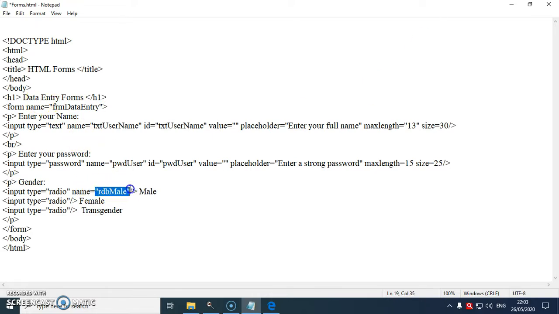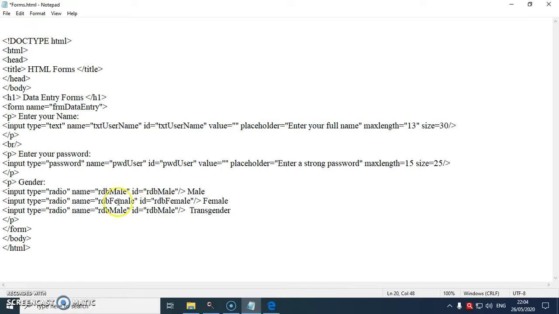I'll copy the name and I'll say next attribute id is equal to the same RDBMale. I'll copy this completely, Control C, and I'll name both the remaining two radio buttons. The first one is denoting male, so I'll call it RDBMale. The second one I'll call RDBFemale.